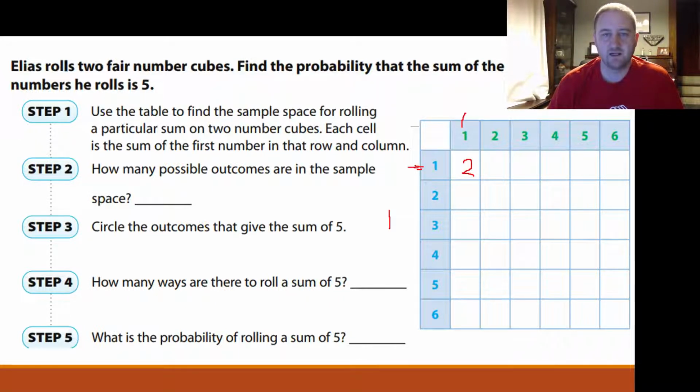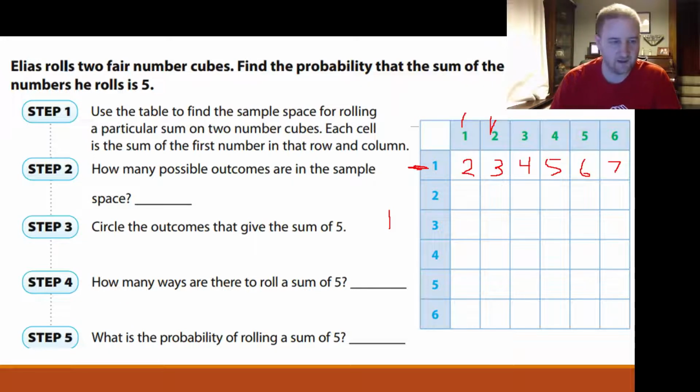Okay. Let's say he rolls a 1 and then a 2. Well, that sum is 3. If he rolls a 1 and 3, that's 4. If he rolls a 1 and then a 4, that's 5. A 1 and then a 5 is 6. And then last, a 1 and a 6 is 7. Okay, so these are all the possible outcomes that we could have. If he rolls a 1 on his first die, these are all the possible sums that he could have based on each of these outcomes, right? So if he rolls a 1 first and then a 1 second, he gets a sum of 2.